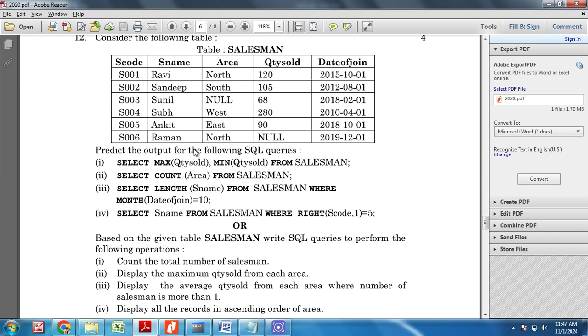CBSE asks many questions from the group by function, so we must be clear with the group by function and mathematical functions. Both topics are very important from the CBSE point of view for the IP exam 2024-2025.